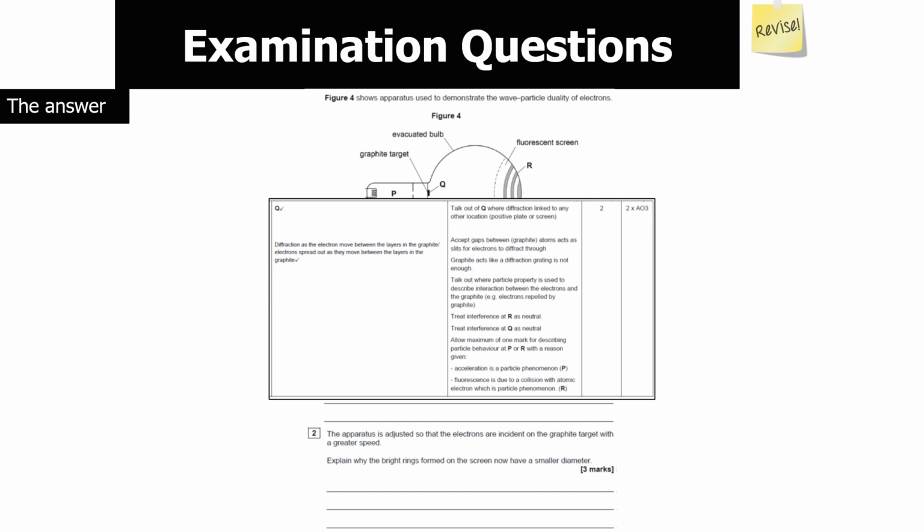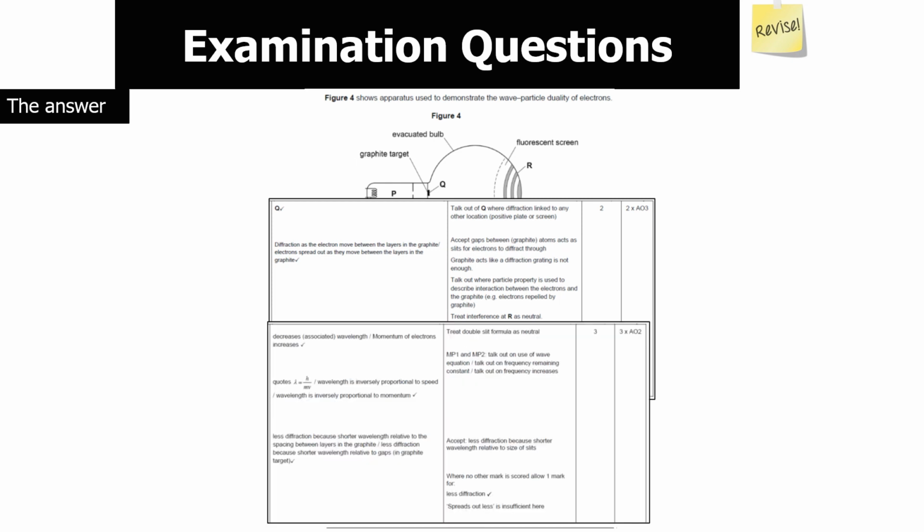Now, why will the bright rings form here? Again, it's very important you know that when we're doing wave-particle duality we use the de Broglie equation. So the de Broglie wavelength is equal to h over mv. So we've got a decreased wavelength, and therefore the momentum of the electrons will increase, because if lambda is going down, then mv has to go up from our equation because h is a constant. So therefore less diffraction occurs because there's a shorter wavelength now relative to the layers in the